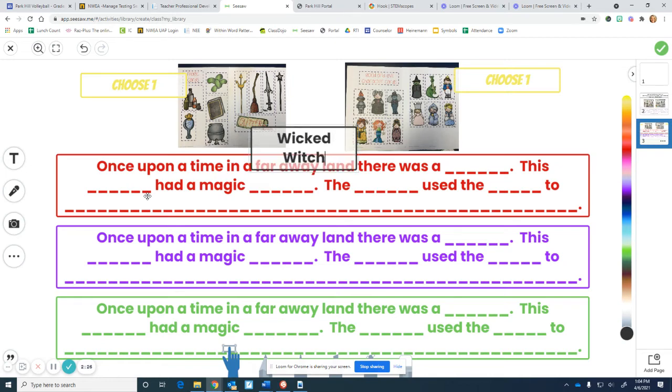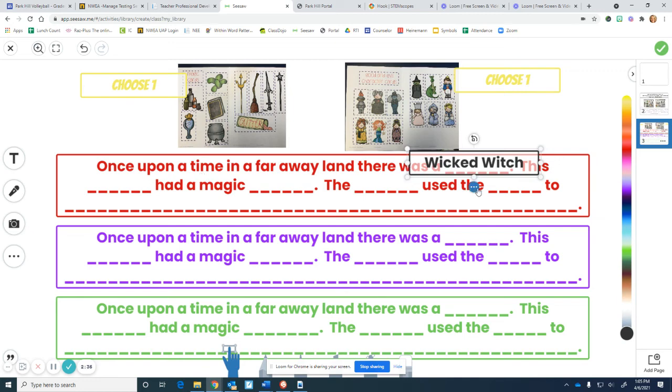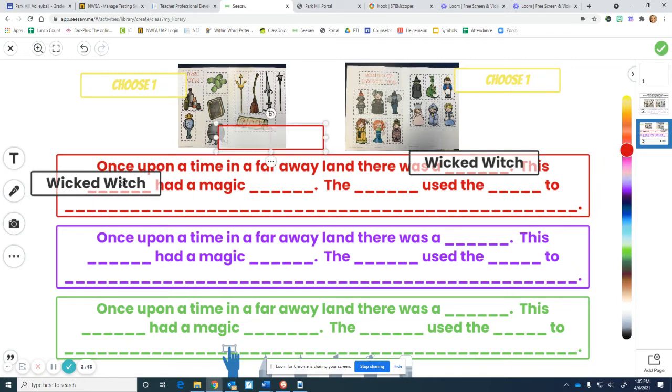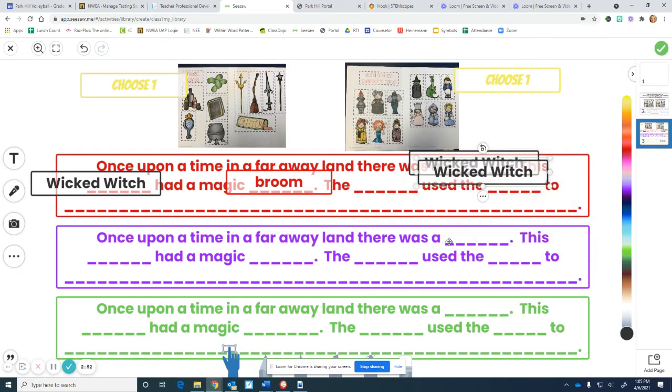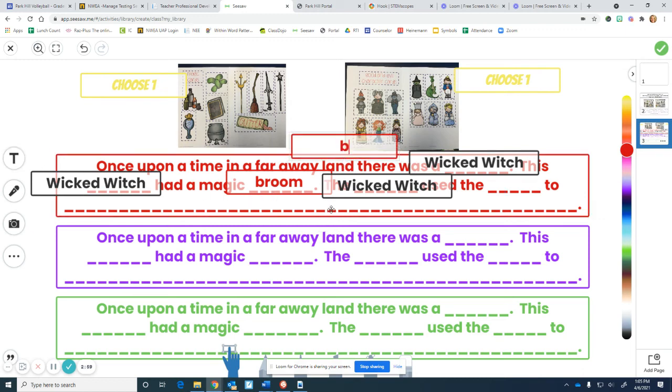wicked witch. So then I could choose to put my wicked witch words right here. This wicked witch had a magic, and I'm going to give her a magic broom. The wicked witch, so I'm going to put wicked witch right here again. Used the broom